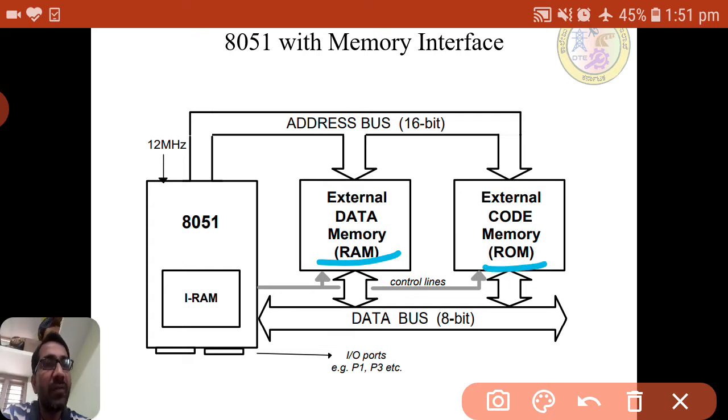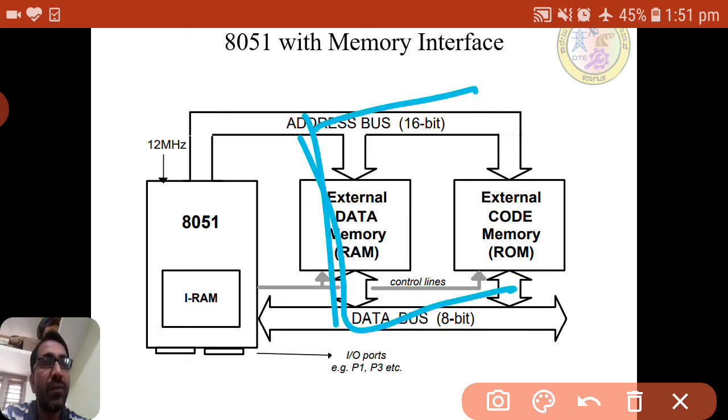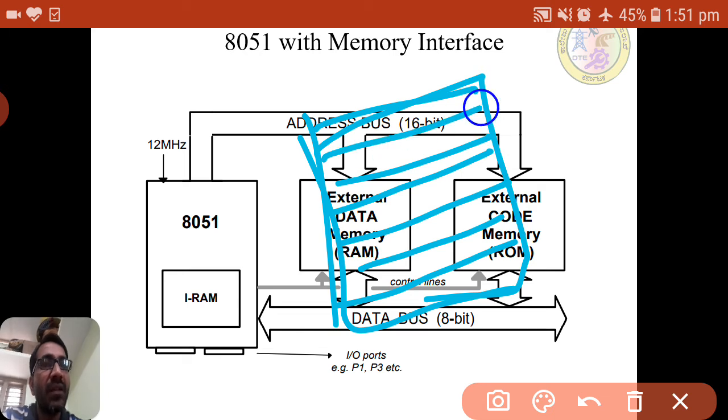So what is a memory? Memory is nothing but a collection of locations or registers which will store values. If it is an 8 bit location, then 8 bits will be stored, and it will be accessed through the address.